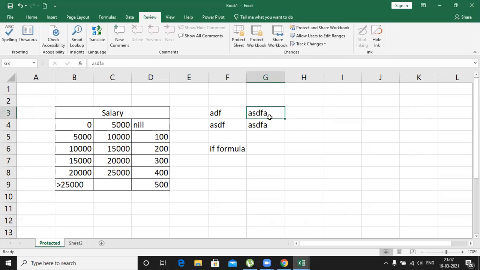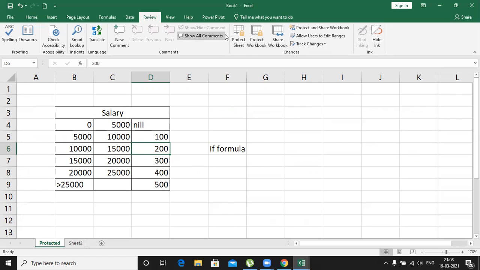Okay. The next thing is, if anybody changes my data, assume I'm working now and I go for a tea or coffee break, and somebody comes and edits the data. I want to know what data has been changed, what is the old data, what is the new data, and who has changed it. I want to track the changes.